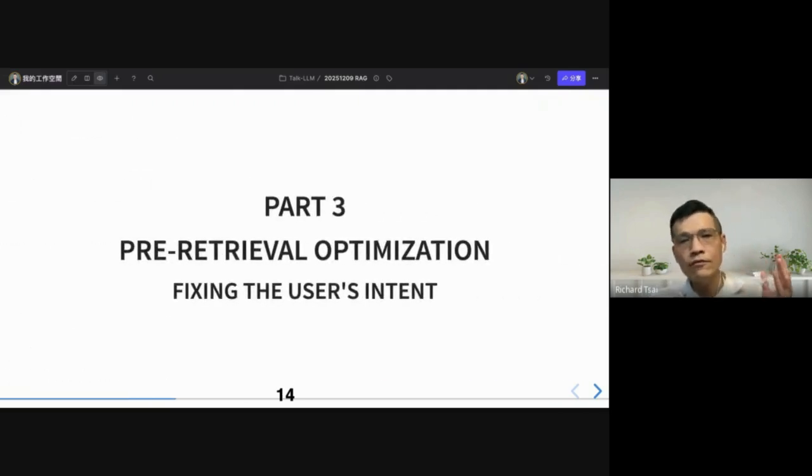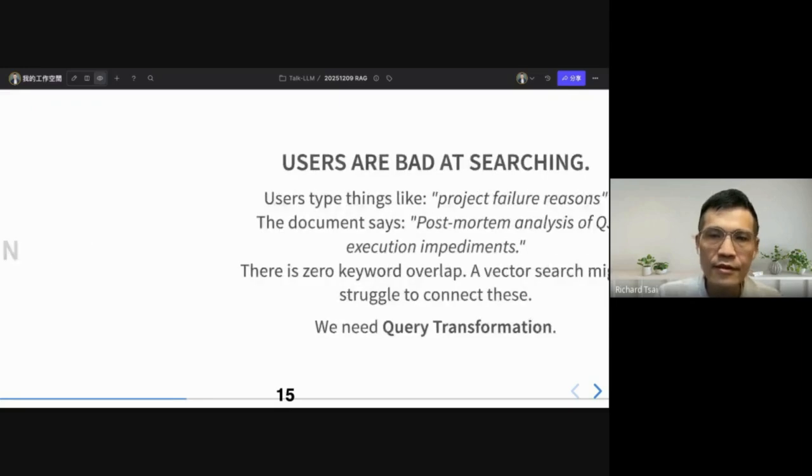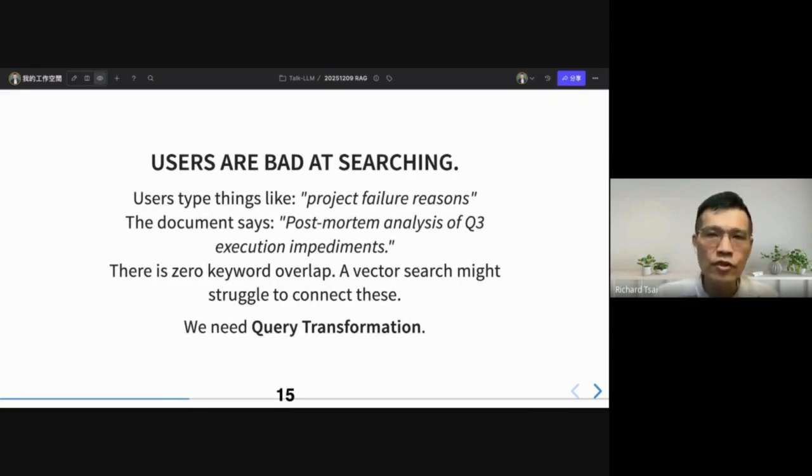Okay, so now we are entering the third part. We call it pre-retrieval optimization. We are going to think about some ways of fixing the user's intent. Users are bad at searching. We all know that.